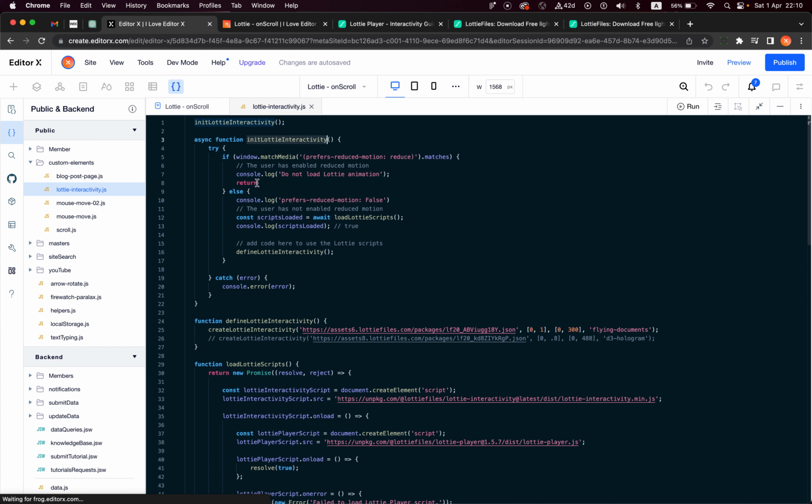But before we do it, we check if the user, this is for accessibility, has chosen reduce motion, because some people don't like to have animation in the website. If they are using it, we don't do anything, we just return. But if not,